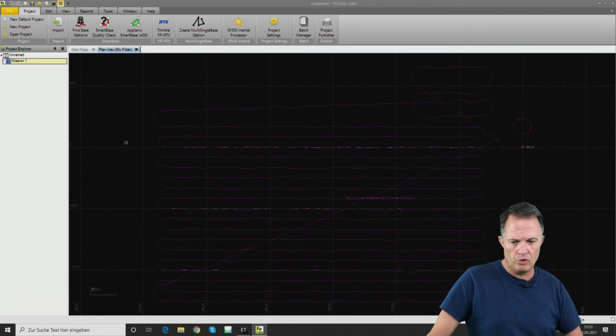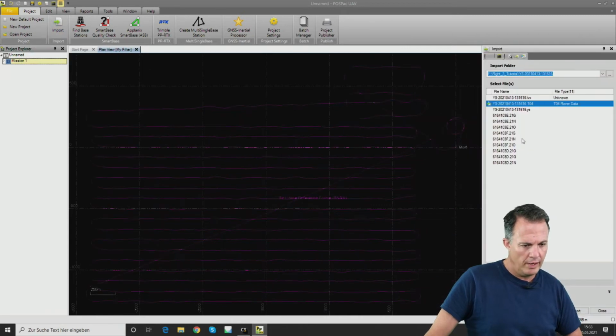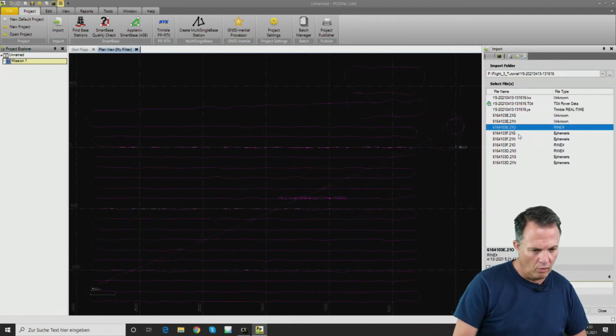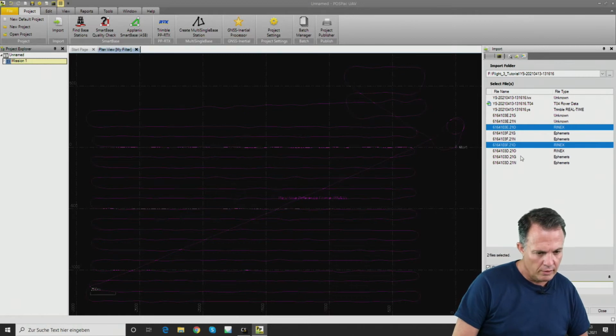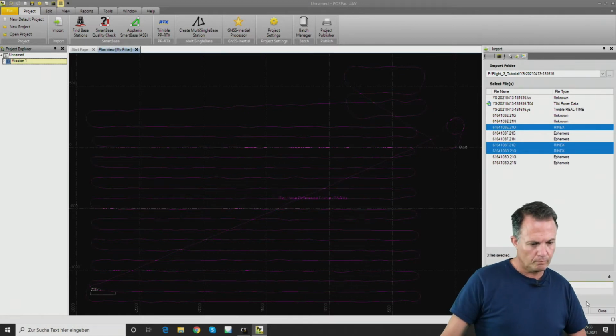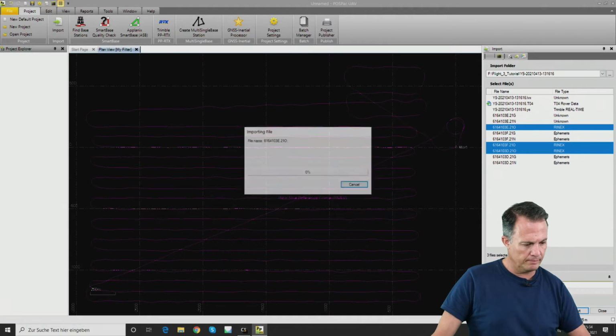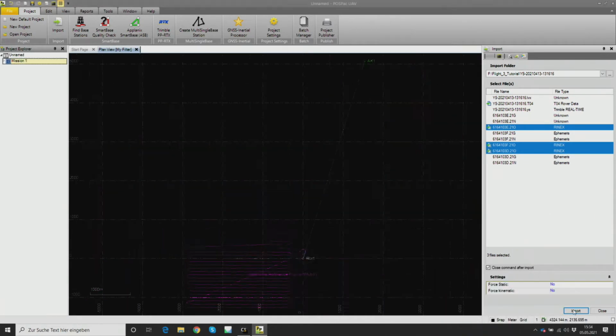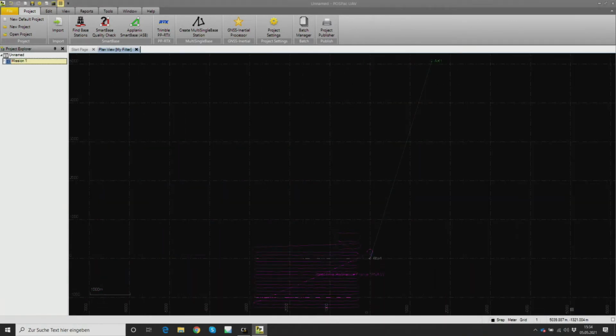So next what we need to do is we will have to load the RINEX files. So we again activate the mission tab here. We click import, and we now select all the O files, which are the RINEX files, and we import. Okay,